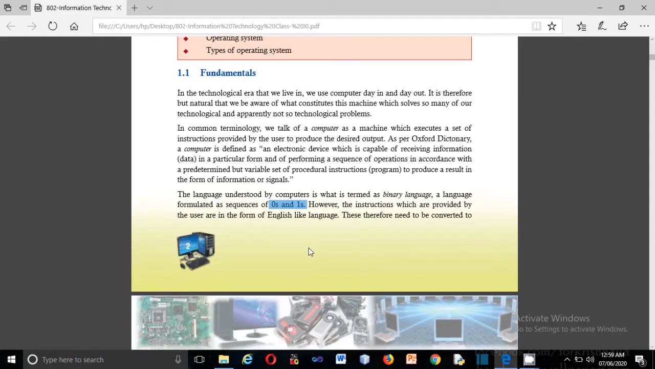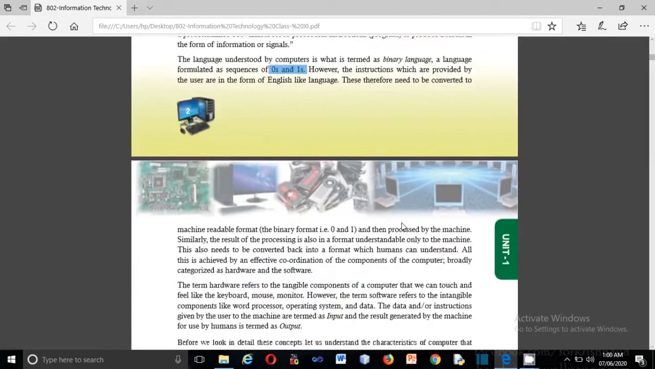So basically we just need to understand that the computer is a machine which takes the input from us, and it processes that particular input which we are giving to the computer and gives us the desired output. And the computer understands only the binary language which is in the form of 0 and 1. So the next thing which we need to remember,